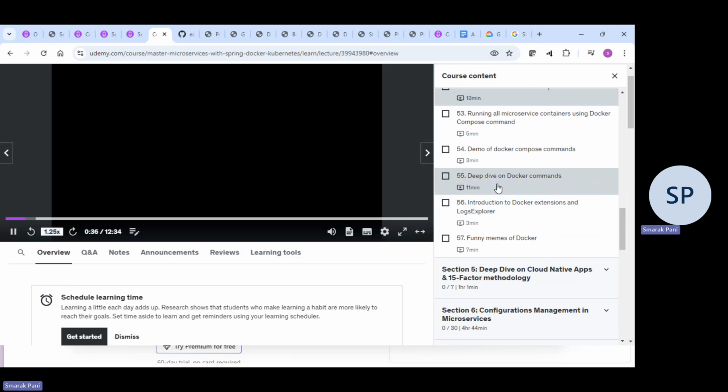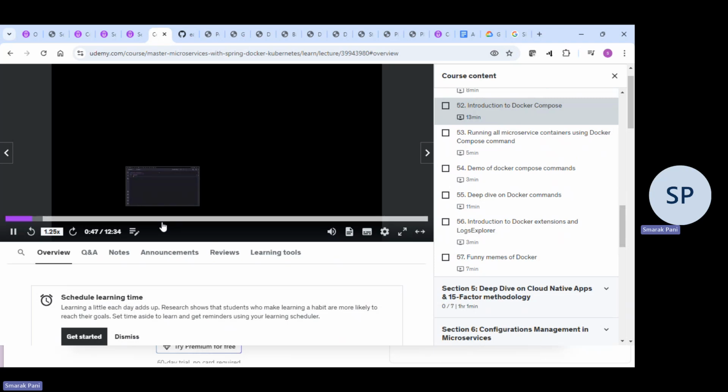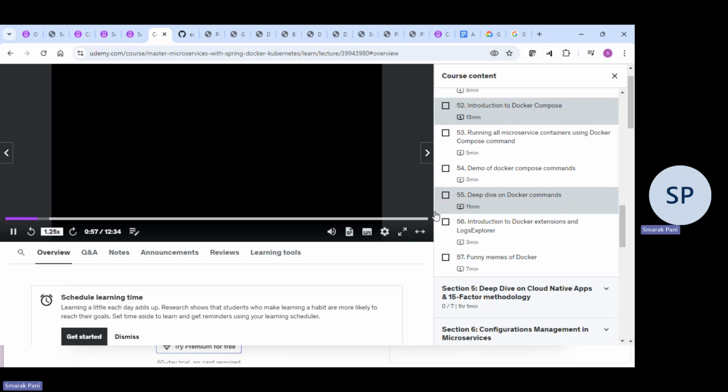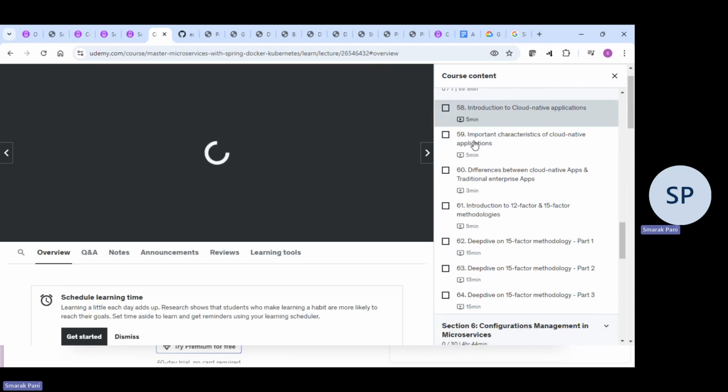What if I want to start multiple instances of my microservices? In such scenarios, giving this Docker run command manually for each microservice and for each instance of it is a super cumbersome process, and it is a time consuming process. If I have 100 microservices, I need to issue this Docker run command 100 different times, which is not a quite viable option for any human. To overcome this challenge, we have